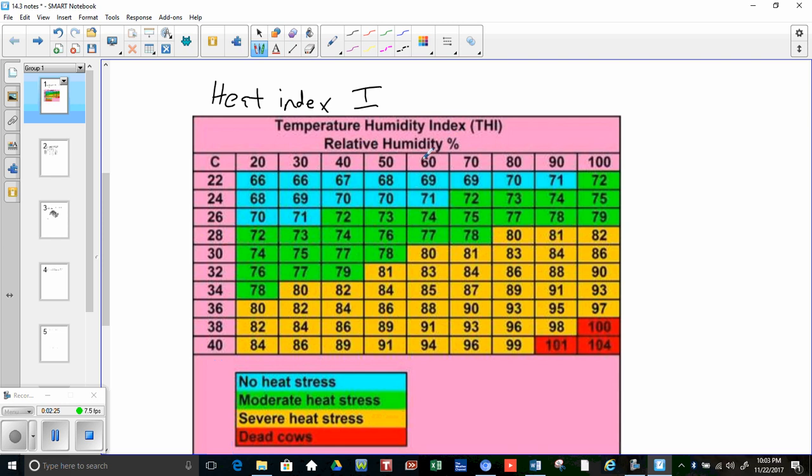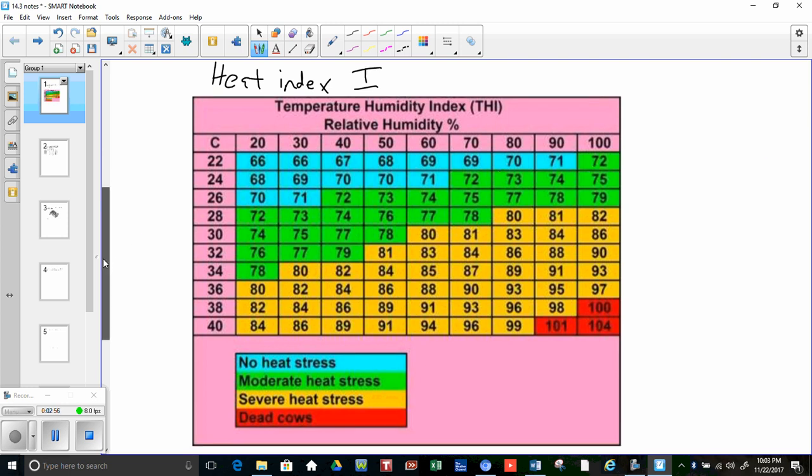If you take a look at this, it says that if the temperature is 34 degrees Celsius and the relative humidity is 50%, then it feels like 84 degrees Celsius. I don't know if that's right, but that's really big. That's a big jump, 50 degrees difference. Maybe this is supposed to be in degrees Fahrenheit. I'm really not sure. Anyway, the general idea is